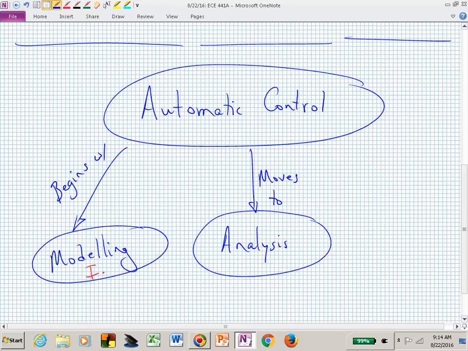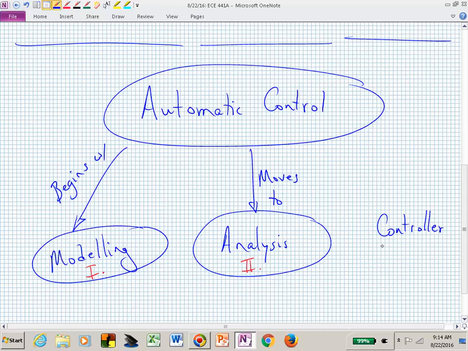Is the system stable? Is it moving the way that we want? Is it behaving the way that we want? That's the second piece of the class. Then if it's not working the way we want, or maybe there's a large steady state error, maybe there's something going on that we're not comfortable with, then we want to